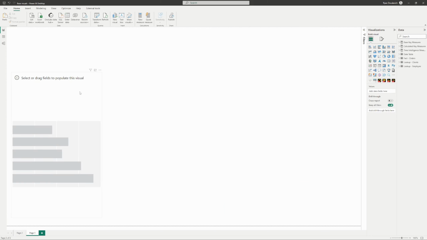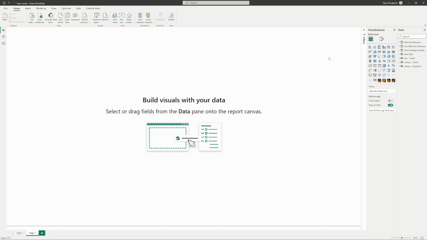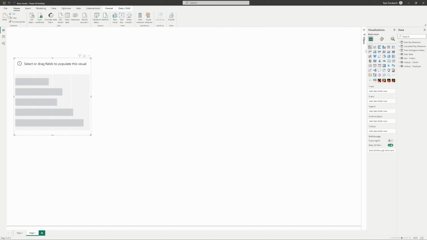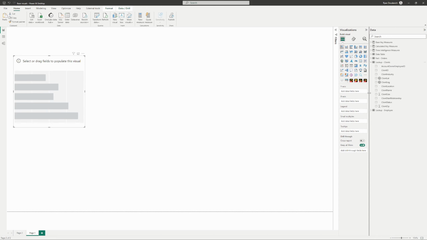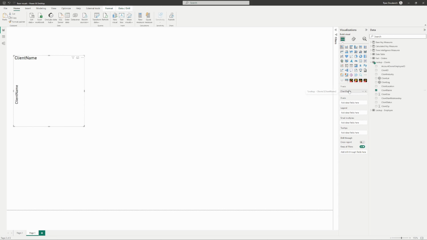Let's go ahead and just open a blank page. And then once we've got a blank page on here, let's start on the first visual over here. Throw on the stacked bar chart visual, and let's throw on just a value here. Let's go with the stacked bar chart, the way that the axes work is